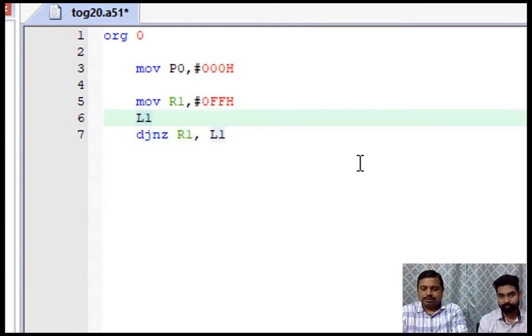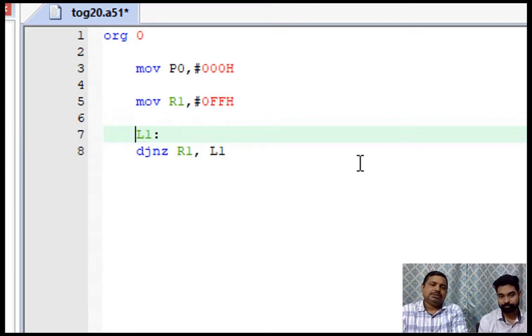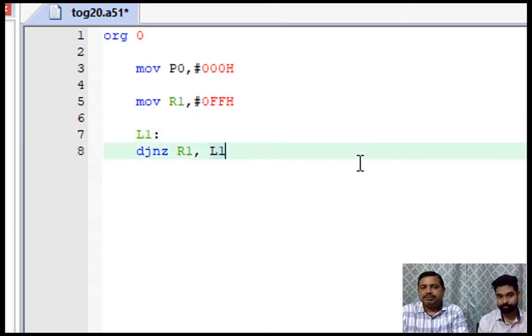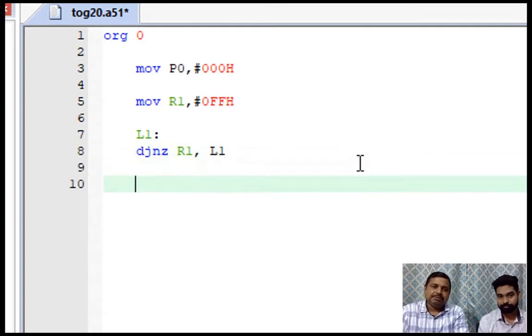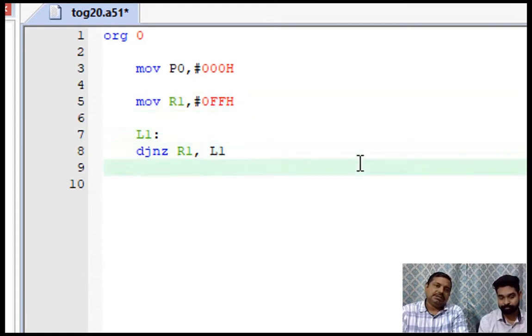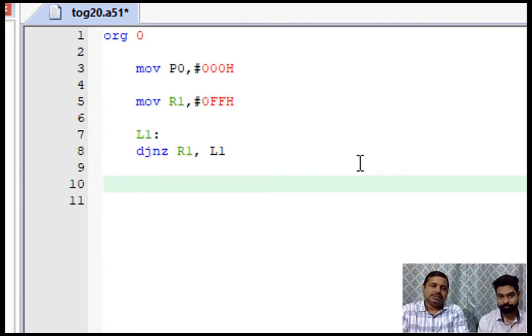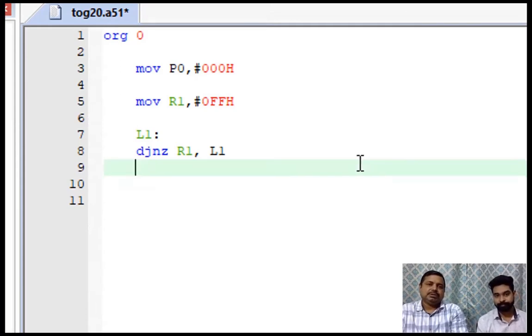This will be generating one delay, and we will see how much delay we are getting with this. If required, we will increase. It will go from FF till 0. It will be sitting here only decrementing, and after that, once this is done, then we can make